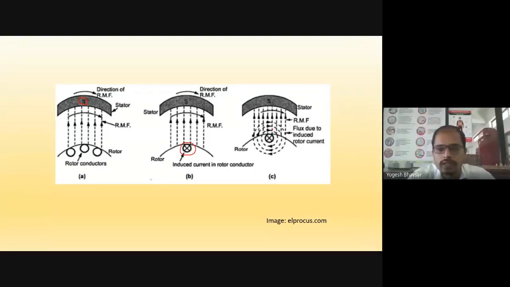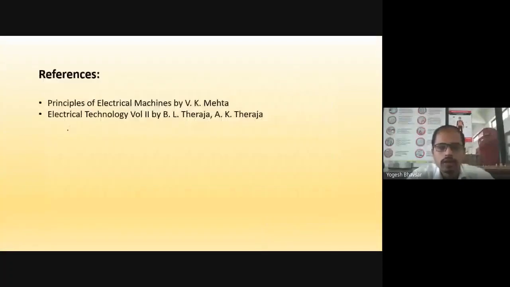Due to this interaction between the rotor magnetic field and the stator magnetic field, a unidirectional torque is developed, and then the rotor will move in the same direction as that of the rotating magnetic field. So these diagrams you have to draw while explaining the principle of operation for the three-phase induction motor. So you can refer these books